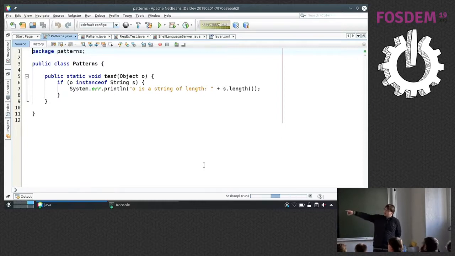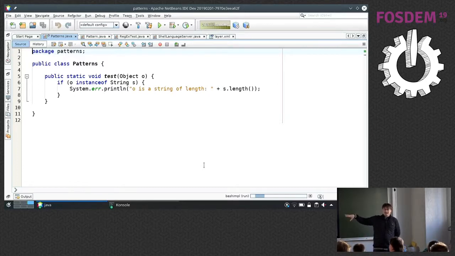It means that if the variable o is of type String, a new variable of type String will be created, and o will be cast into the new variable. And this version of NetBeans is running on a JDK that understands this new stuff in Java, which is a prototype, of course, because it's not approved and so on, and it's not in the standard JDK.